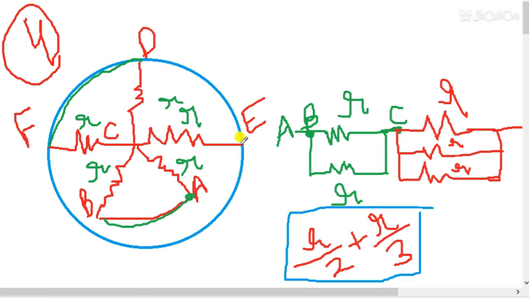Students, basically you have to understand how to shift the point. How to shift the point. When you know about the shifting of point, then the questions will be more clear to you. So I will take 1 to 2 more questions in this video so that you can easily understand.